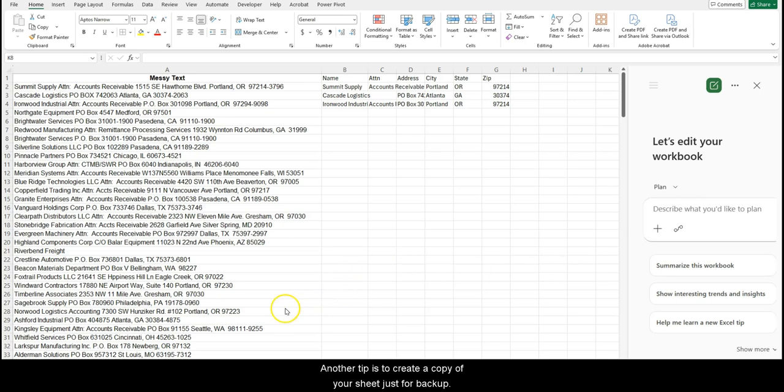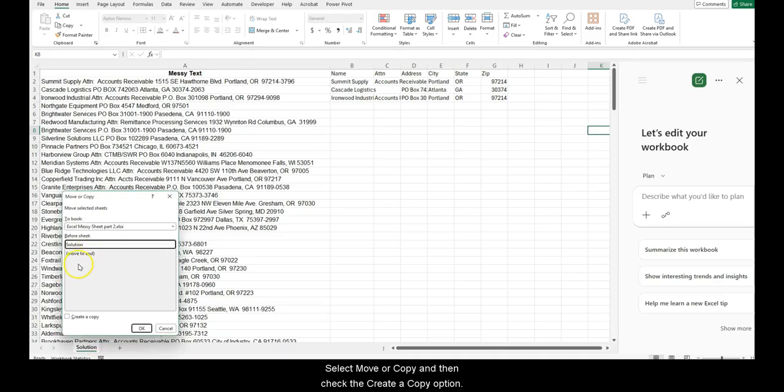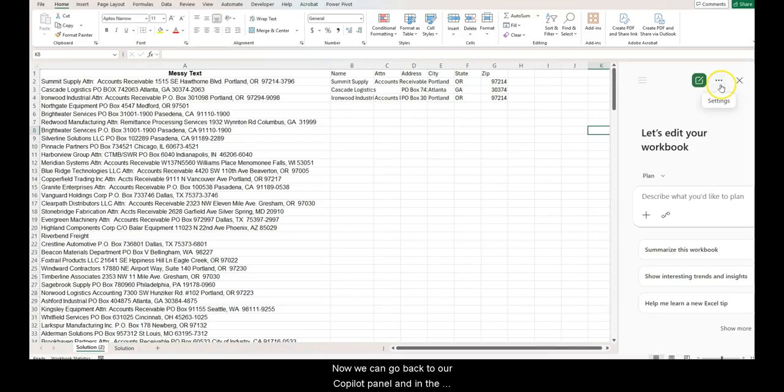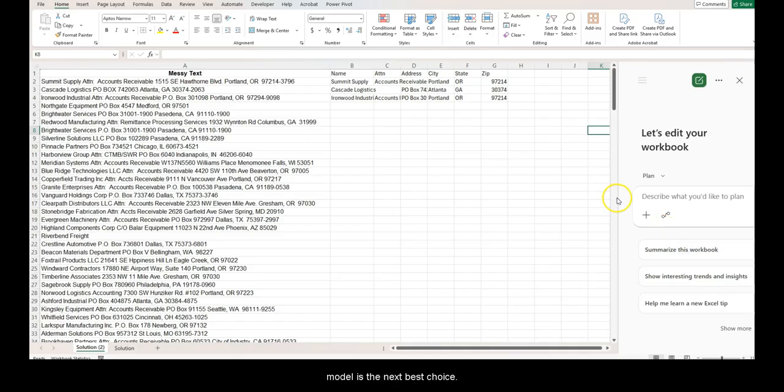This is a good idea if you're using Copilot for the first time. Another tip is to create a copy of your sheet just for backup. We're going to make a copy of the sheet by right-clicking on it, select Move or Copy, and then check the Create a Copy option. Now we can go back to our Copilot panel, and in the top right, let's click the 3 dots to change the model. If you do not have this option, then leave it in automatic. For this demo, we're going to change the model to Claude Opus 4.8, but again, the automatic model is the